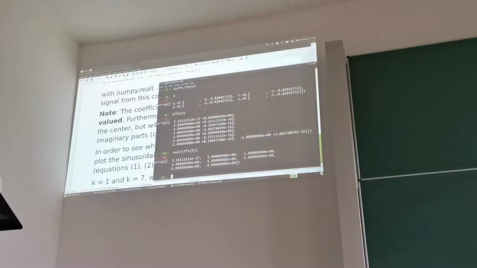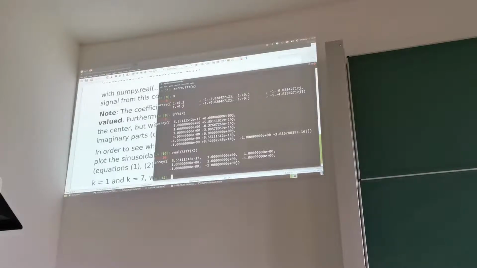And then everything is symmetric around this point. Conjugate symmetric. So here we have an entry which is conjugate symmetric to this one. You can see it's just the negative imaginary part, but the same number. Then if you continue here, this is the same number as this one, just with the opposite sign for the